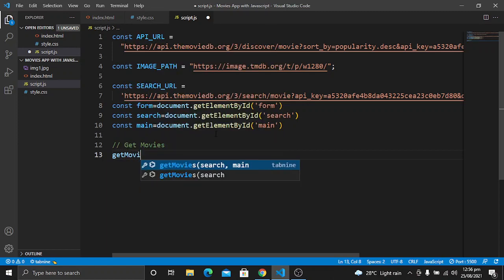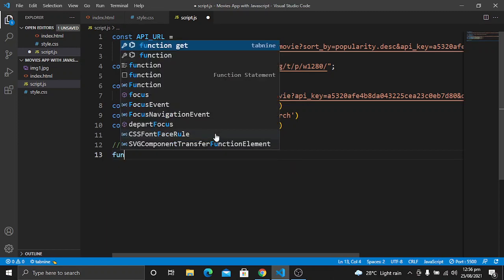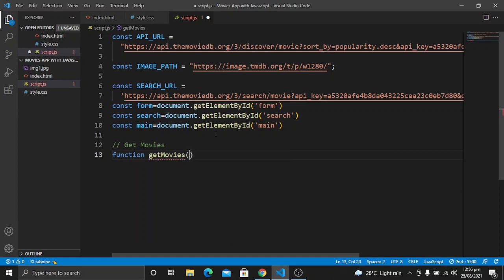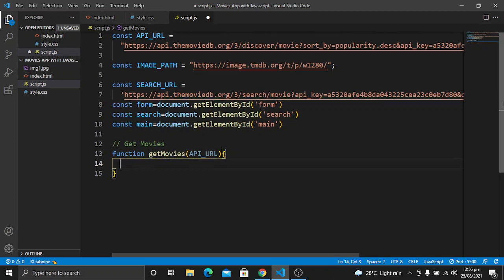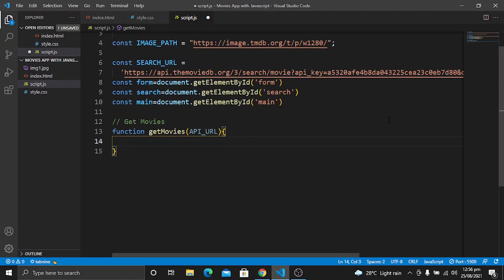Just use the function keyword and then getMovies. These movies will have some API which we will pass to it, so apiURL, and then I want this to be an async function.